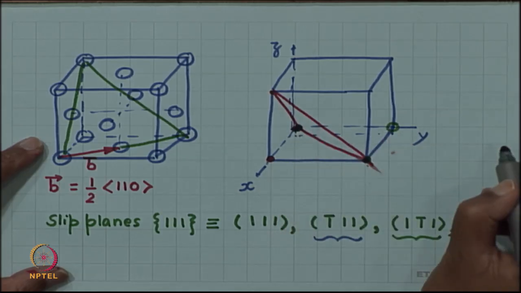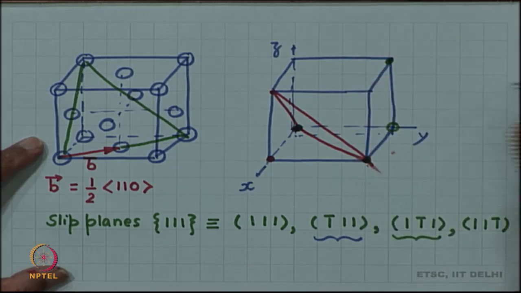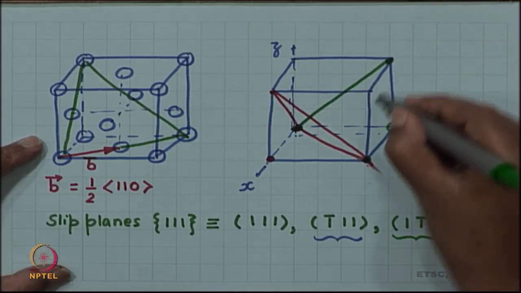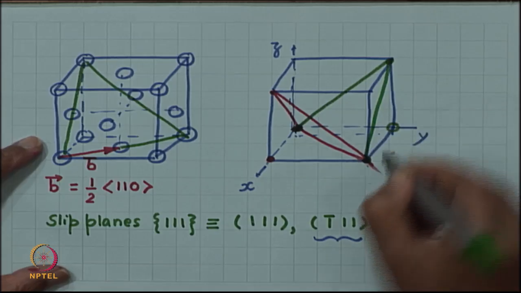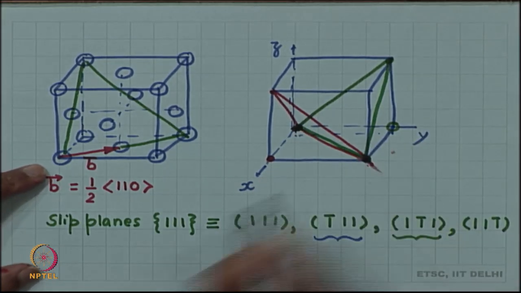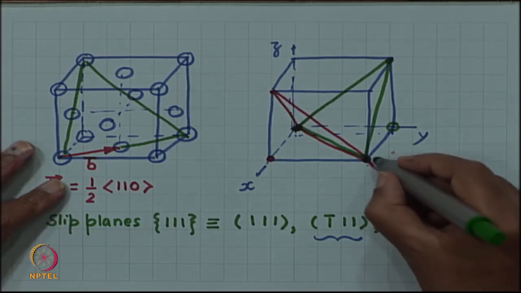So, there is a point here, and plus 1 on the z axis. So, there is a third point there. Now this other plane is like this. You can immediately see that the two planes are intersecting in a common line,